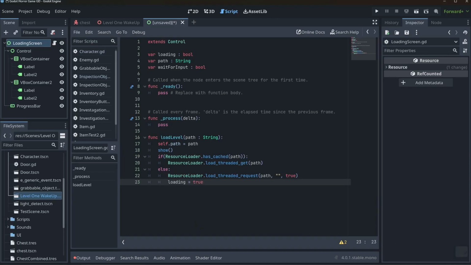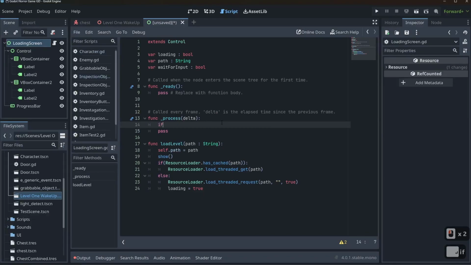Now, all this code is going to do is when we load it, we're going to say, hey, load a level. Here's our path. Here's what we're doing. If we have a cached, then do this. Else, we're going to go ahead and load our level. Now, we do need a way to inform our system that we're loading information. So if we head up to our process, we can just check if loading then